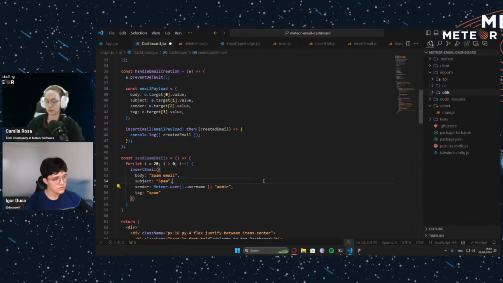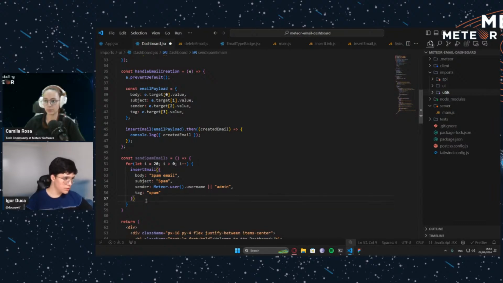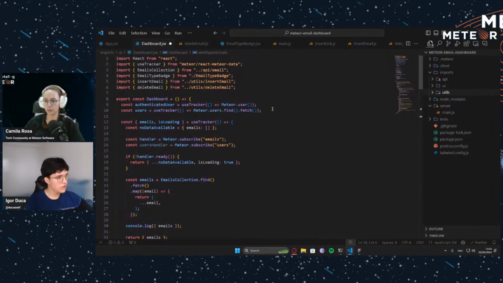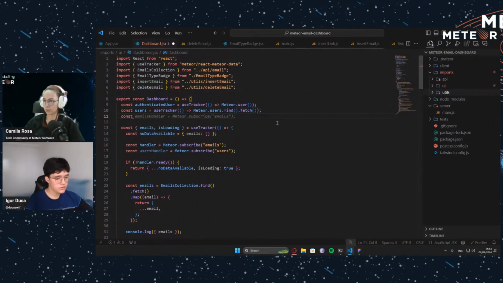It will create 20 emails at a time, and also I want to create this spam emails array here,